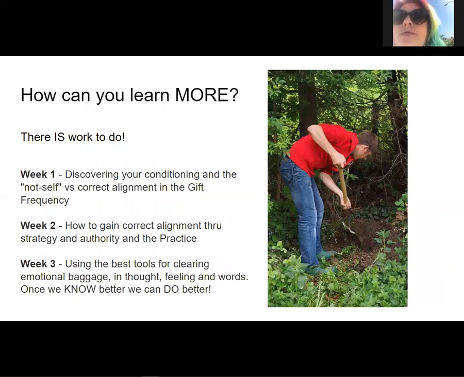So I do have a 3-week program, and what I want to do is just find out if anyone's interested in doing a 3-week program on this topic. I don't have a date or a time set for it yet, but if people are interested in it, then I would definitely create a time and a slot for sharing more information about this,